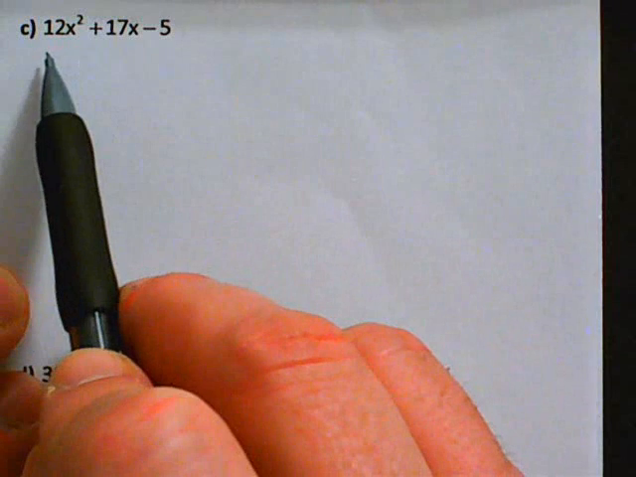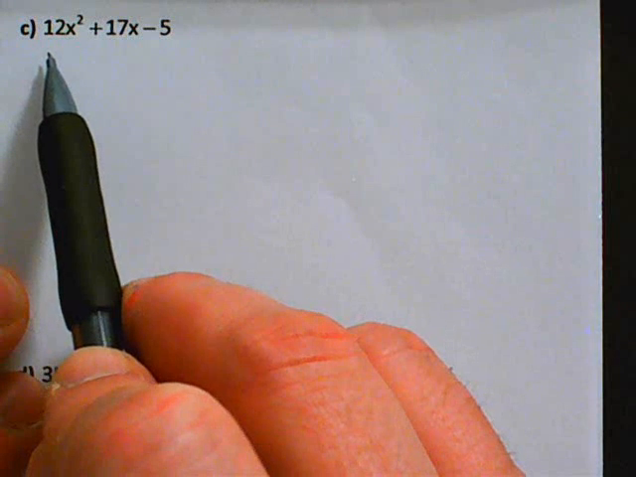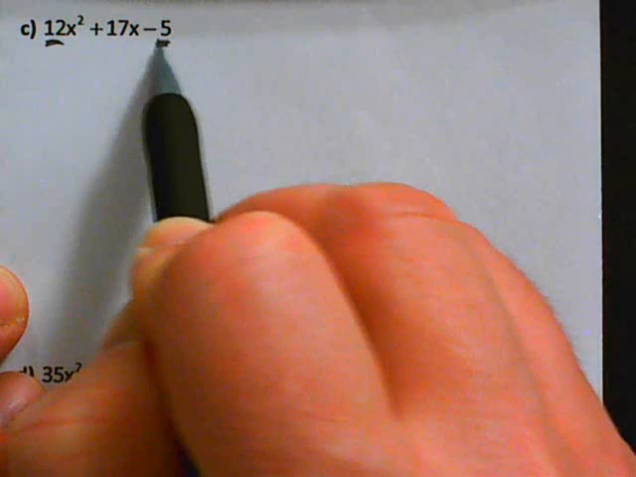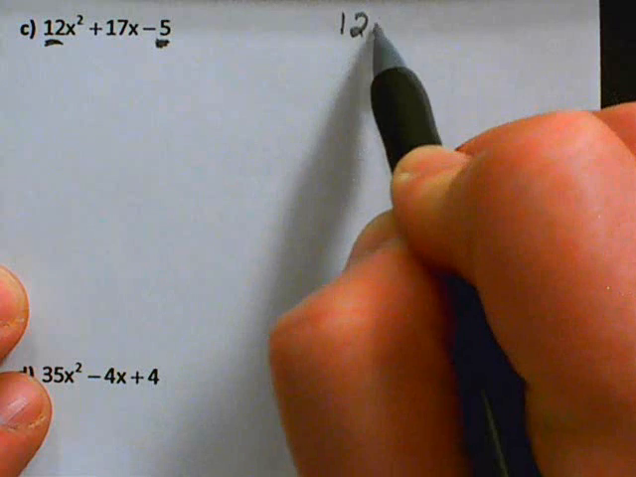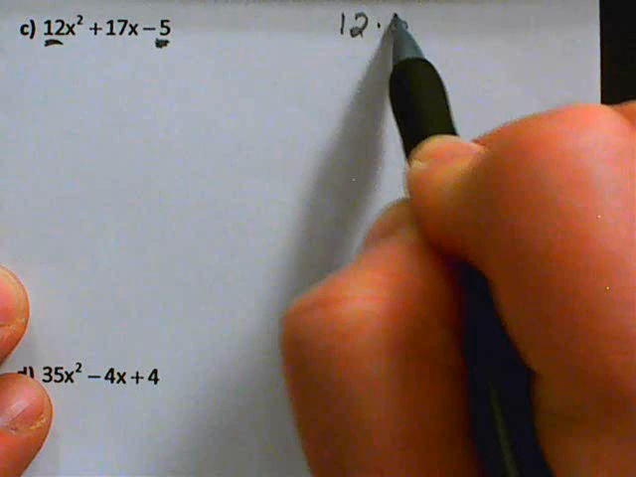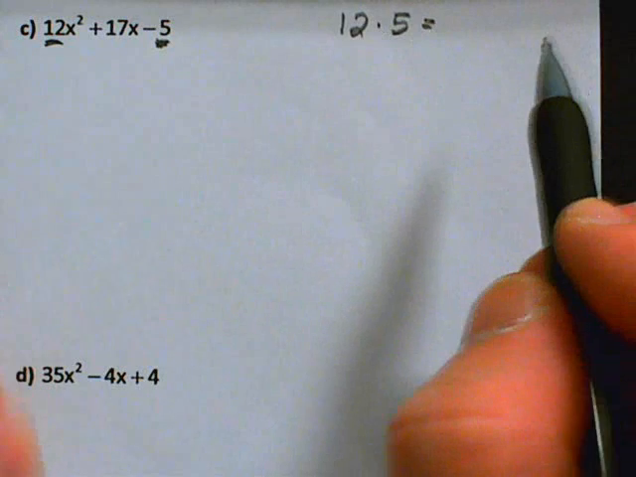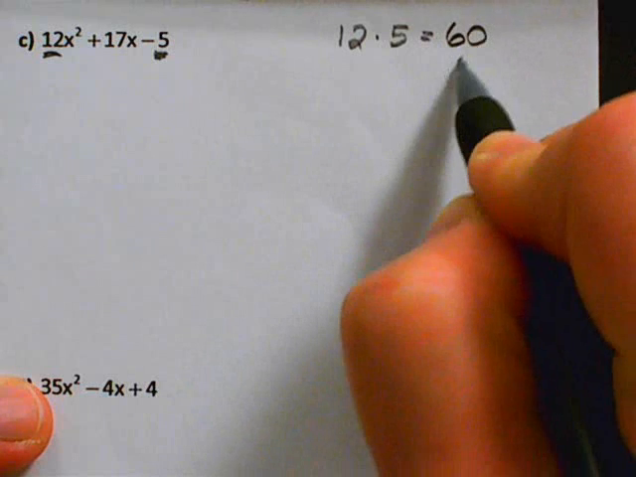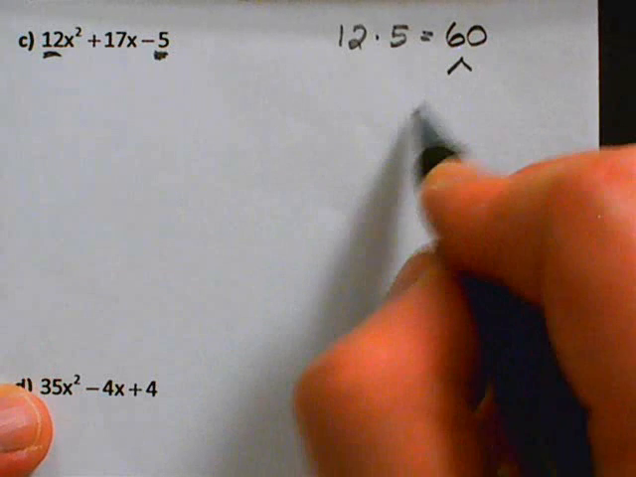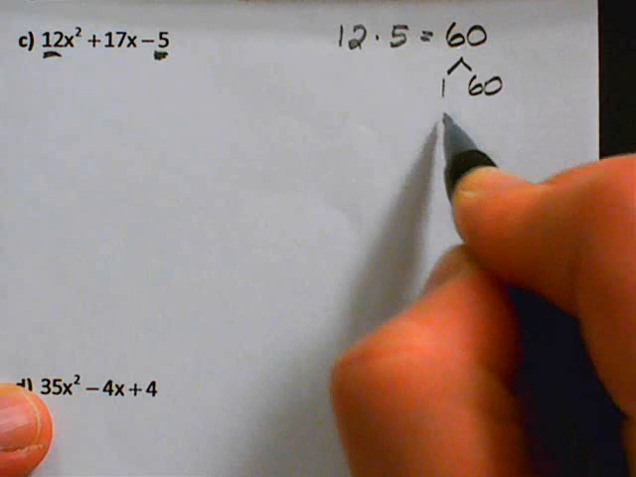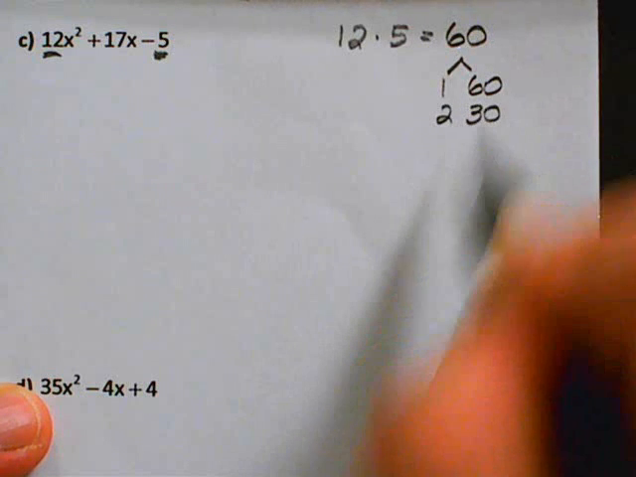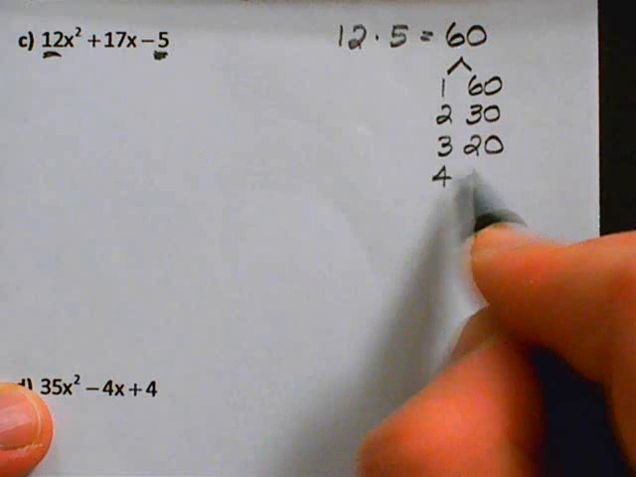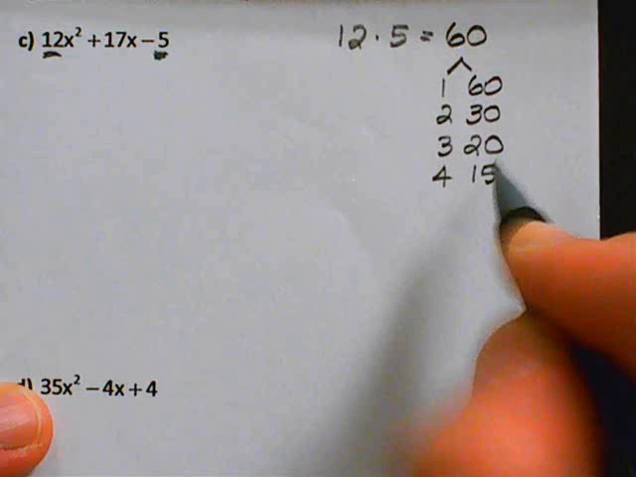Again, first question we should ask is, can I factor anything from all three terms? The answer is no. So we're going to select the first and the last term. I'm going to multiply here on the side. So that will be a 60. And what numbers give me 60? It will be 1 and 60, 2 and 30, 3 and 20, 4 and 15,